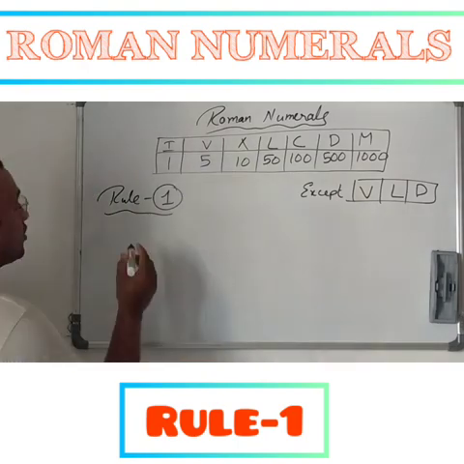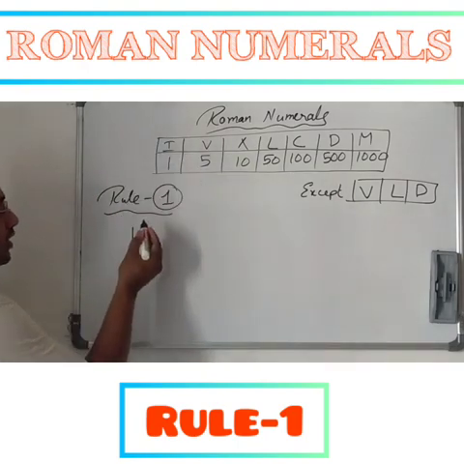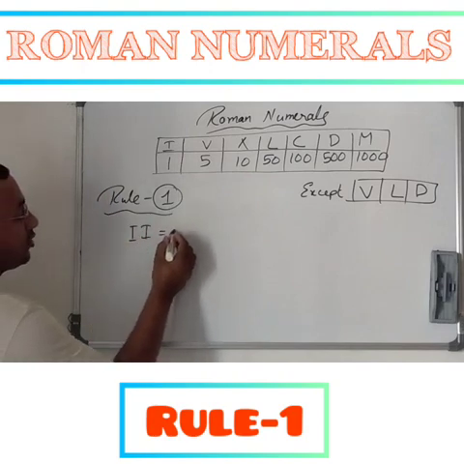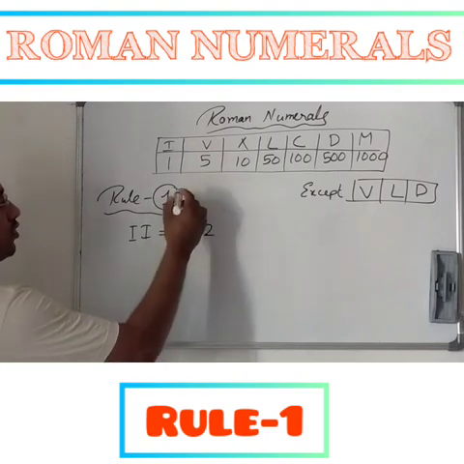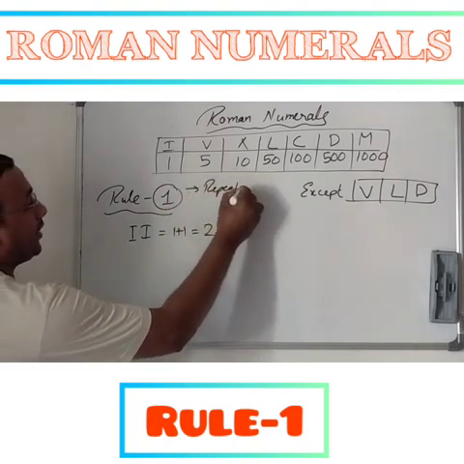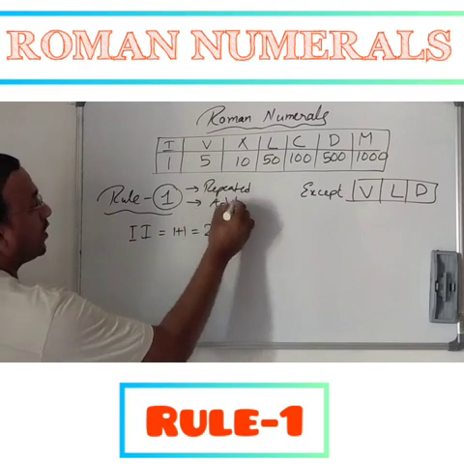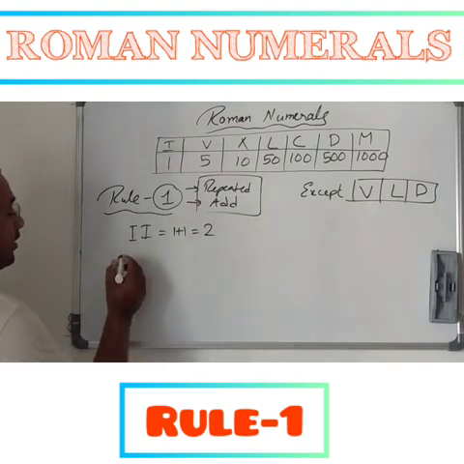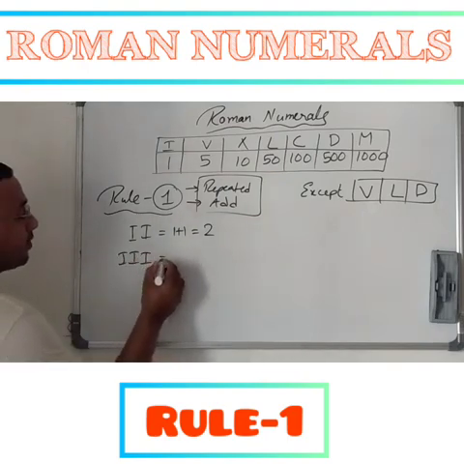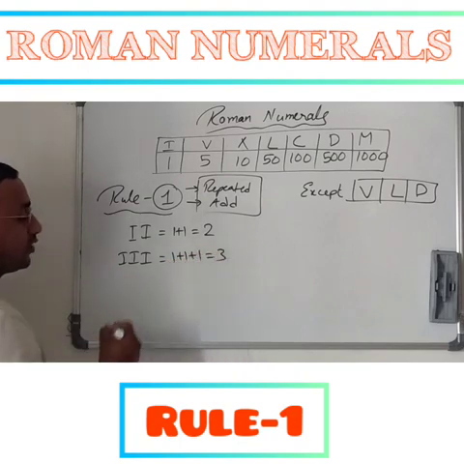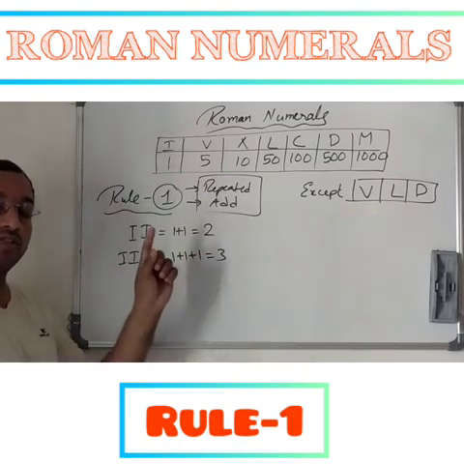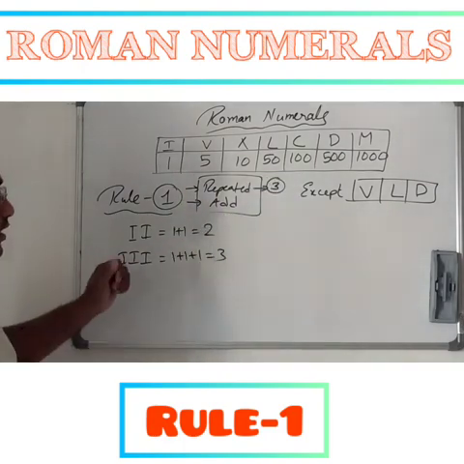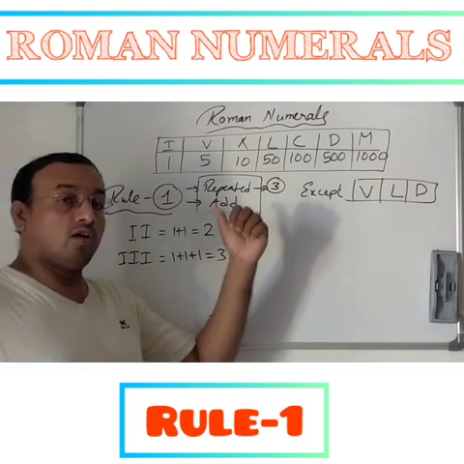Okay, let's see, friends. I by itself is 1, it can be used 1 time, and also it can be used 2 times, its value is 1 plus 1, which is 2. So it can be repeated, and when you repeat, you can add. That's the first rule. So II means 2, and I can be written a maximum of 3 times, that is 3, and I cannot be used 4 times because that's the rule. Roman numerals can be repeated a maximum of 3 times, and when they are repeated they can be added. Except V, L and D, all the remaining can be repeated.